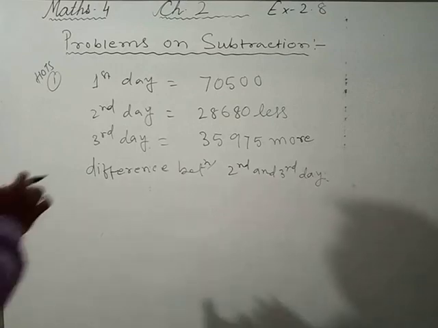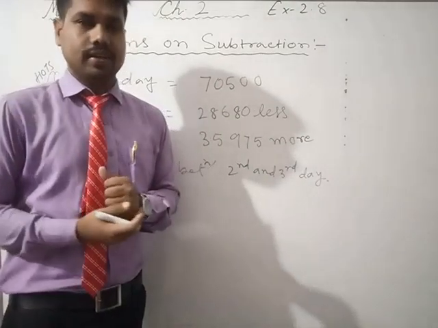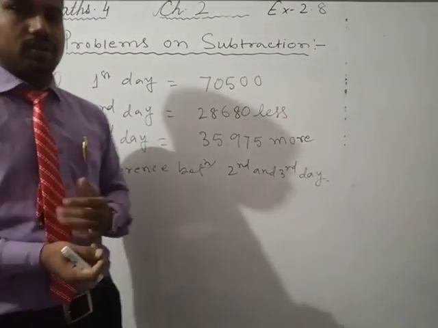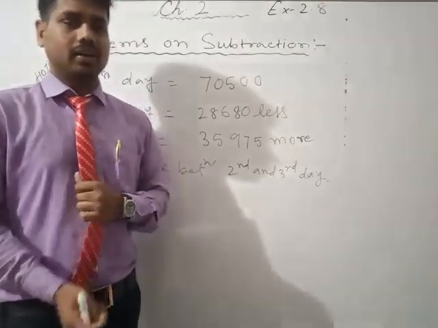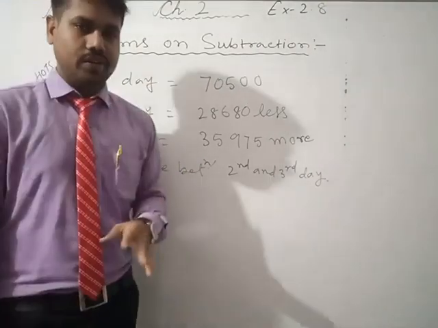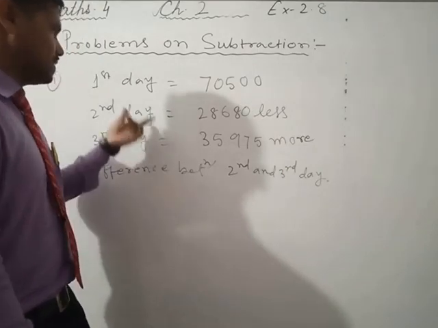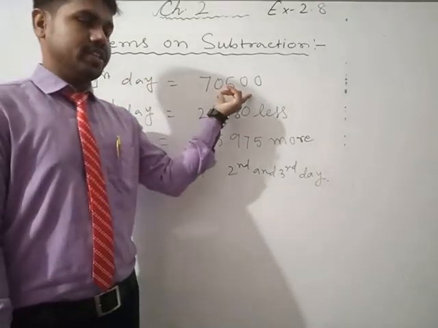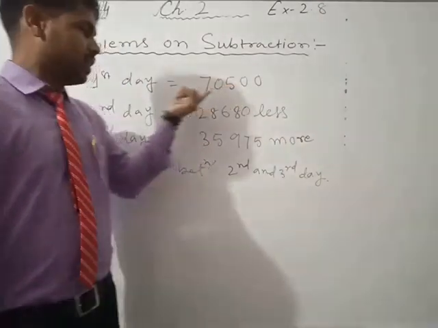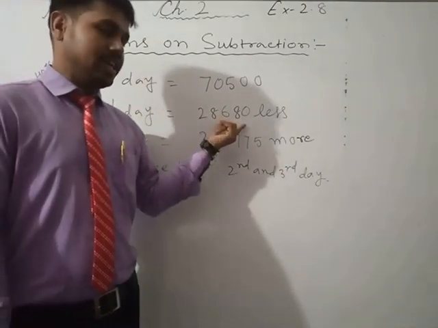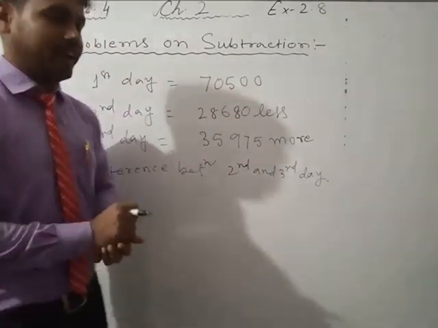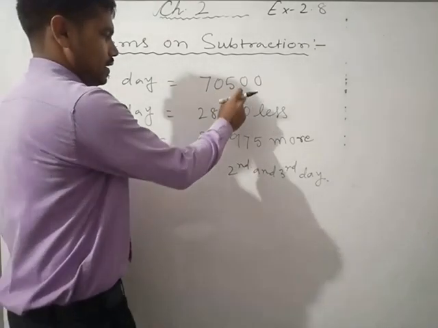One question left, which is the horse question. So let's discuss that also. Try to understand. The question is slightly bigger, but don't be afraid of a big question. Just try to understand what it is asking about. The question is asking: in a cricket match there were this many people on the first day, but on the second day this much less than the first day. So you have to find out the second day by subtracting this much from this.